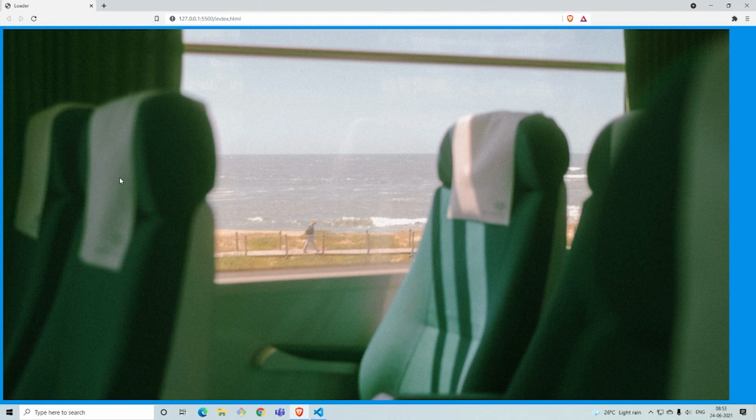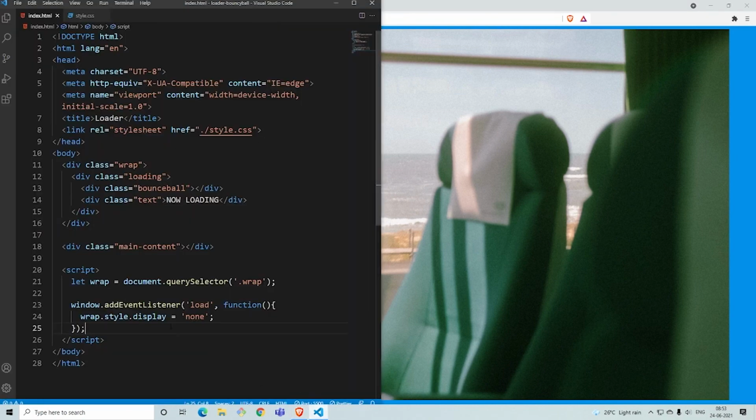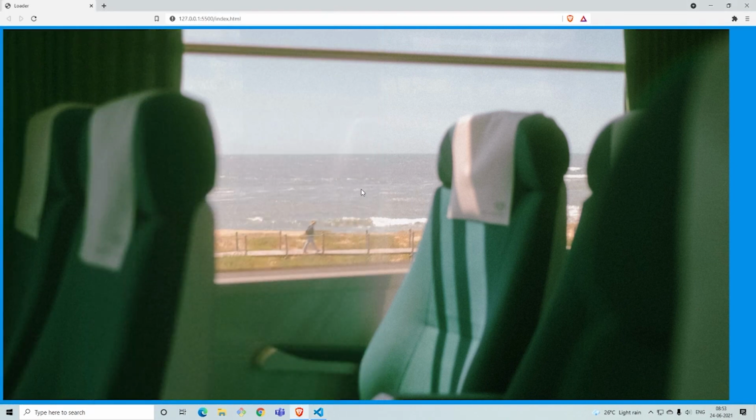So if ever you want the loading page to do this, you can do this by using JavaScript. There are other ways to do it, but I find this the simplest and easiest way to understand. And while you're making a website, understanding that website is really important. Just don't copy it directly from your friend just so that you can finish the website or create a fancy website, because you should know what the website contains and you should know the bits and pieces of the website and how it works. That's why I chose this method of JavaScript, because it's really easy to understand and we have already done something like this.